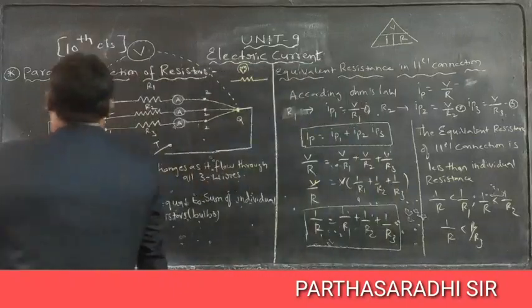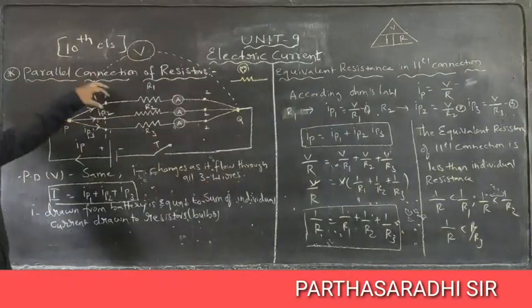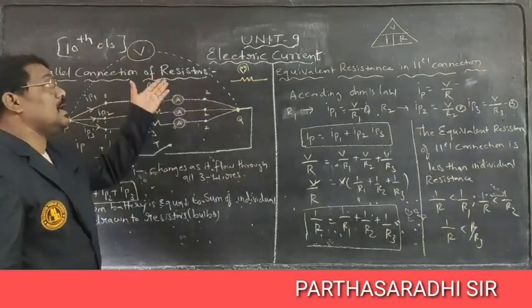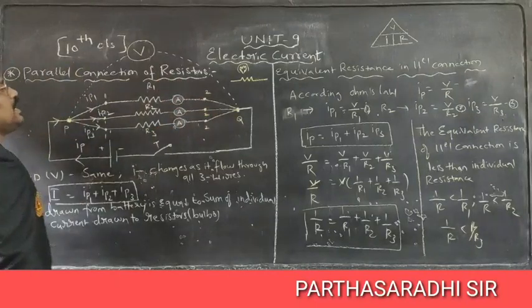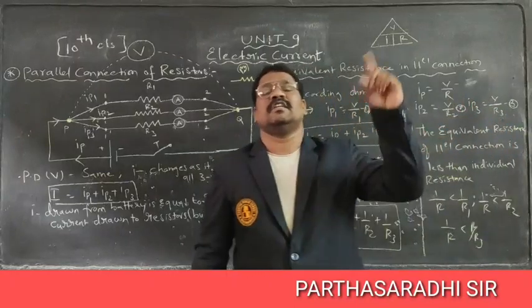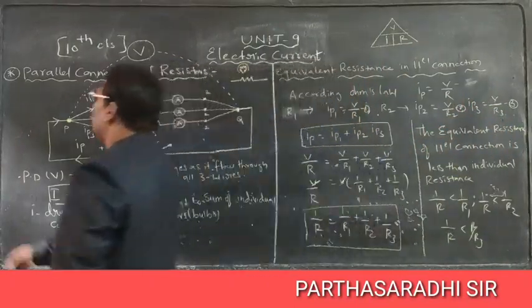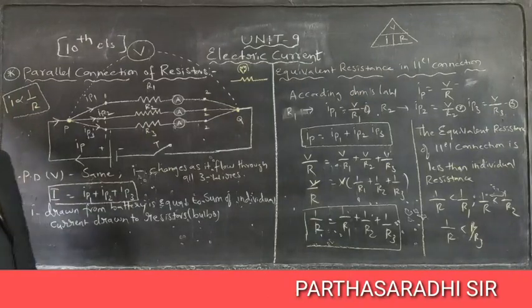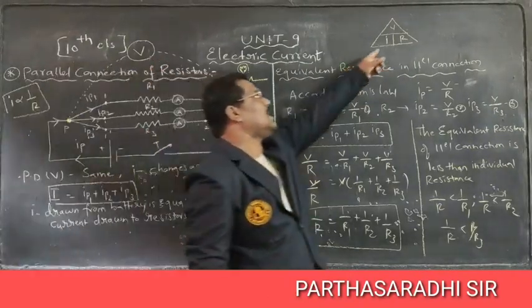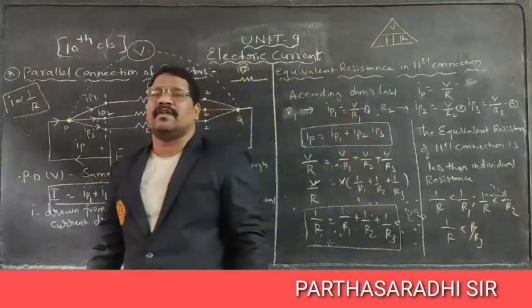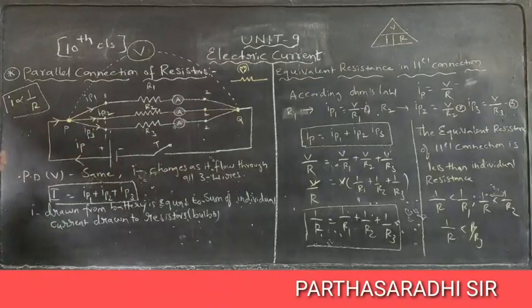And for this, what happens in a parallel connection? How does the potential difference exist, and how does the resistance affect the current flowing through a circuit? V is directly proportional to resistance, and resistance is inversely proportional to current. Therefore, I is inversely proportional to resistance. As current flow increases, resistance gradually decreases. Depending upon the diagram, using the magic triangle, we can easily identify the potential difference, the current flowing through the circuit, and the resistance offered by a wire.